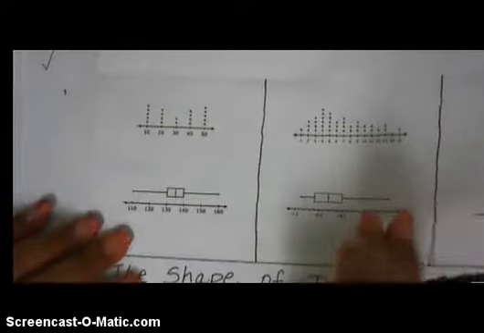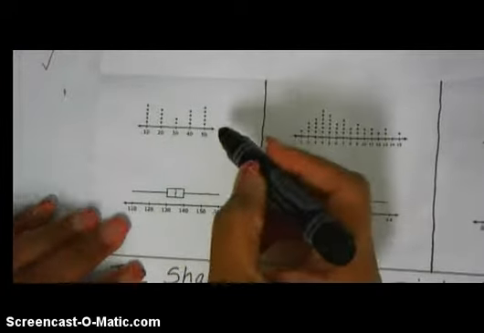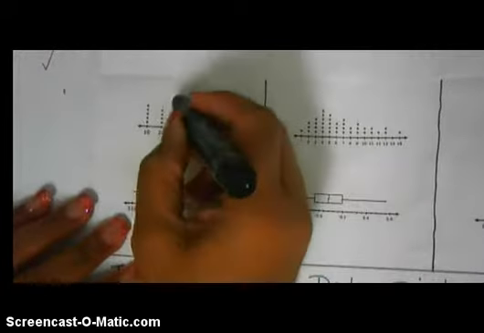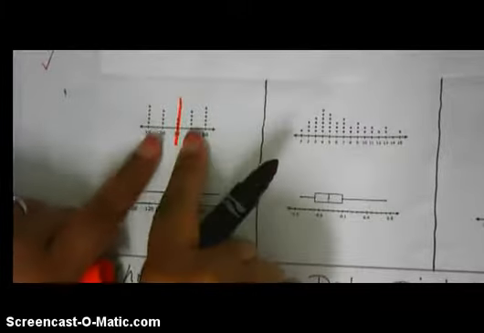Now, let's take a look at it in real box plots and dot plots. Okay, the first one we want to look at is the dot plot. Can you identify the line of symmetry? It is right here, and when I draw that line, you're going to see that the data distribution on both